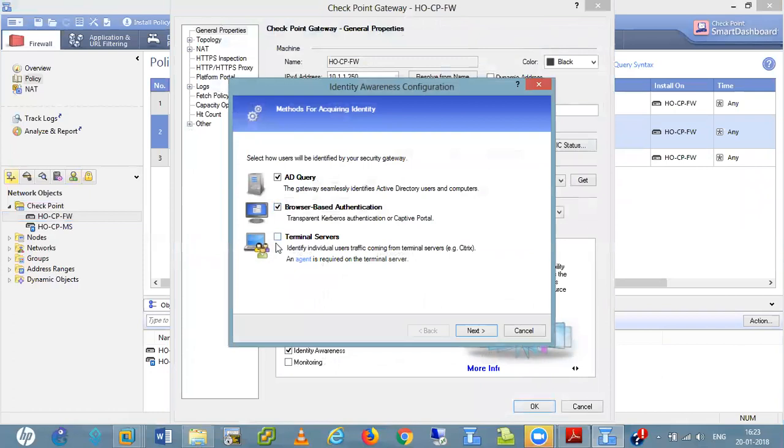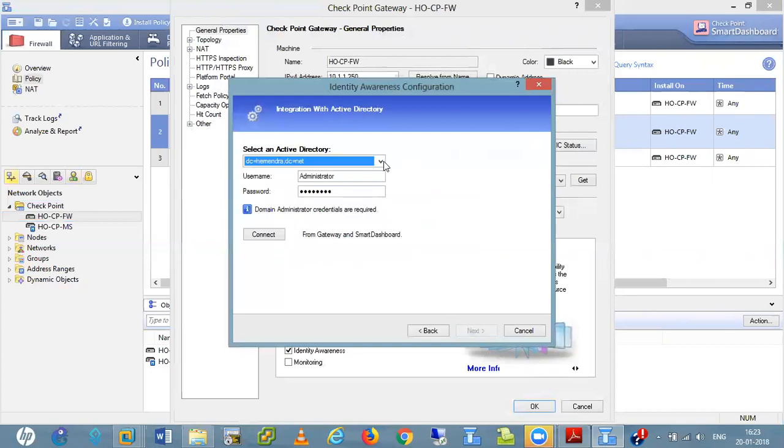Okay. I select these three objects. This is for browser. This is for captive portal. And this is because sometimes all the users are not in the domain. For example, someone comes into your company for 8 days only, working for 8 days, and after 8 days he is not there. So we give this captive portal authentication to that type of people, like contractors and so on. Okay. Next.